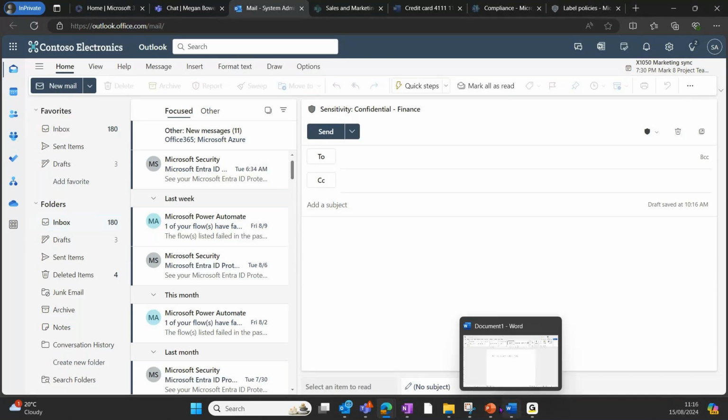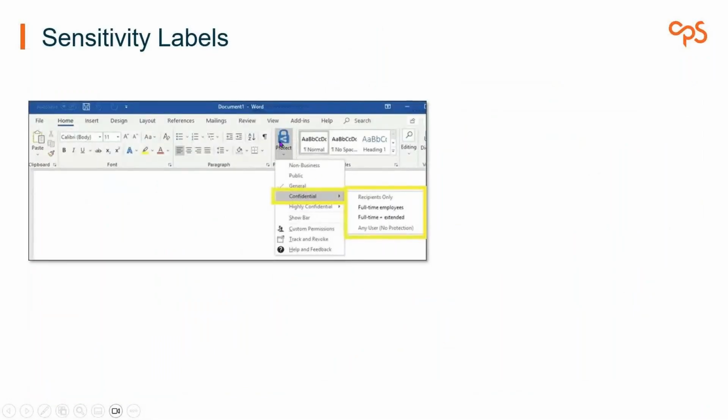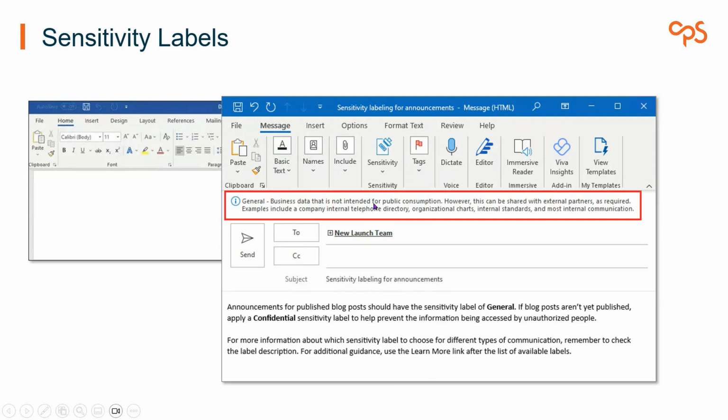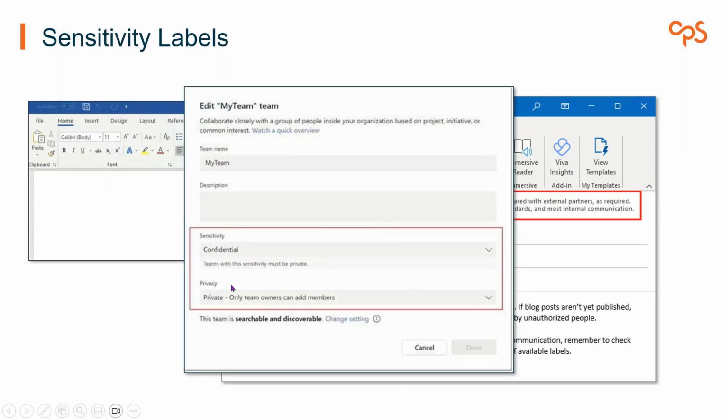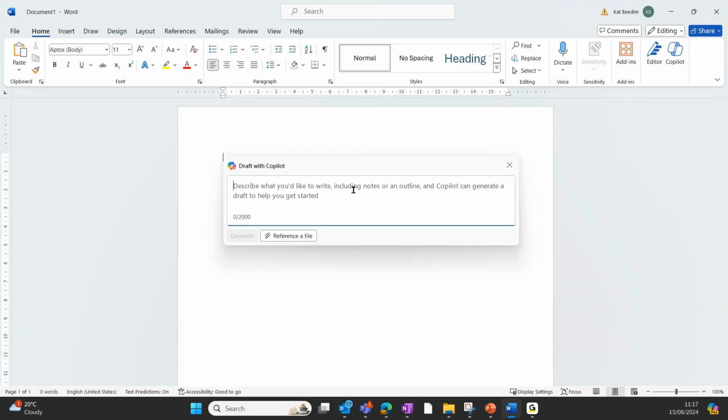If I just show you really quickly, I did have an example. In files, you've got the sensitivity label, protect, confidential. You've got it in email, and when you set up a team, you can apply a sensitivity label to a team. Why is this important? Well, if I use Copilot in Word, for example, as I'm doing here, I can ask Copilot to create a blog